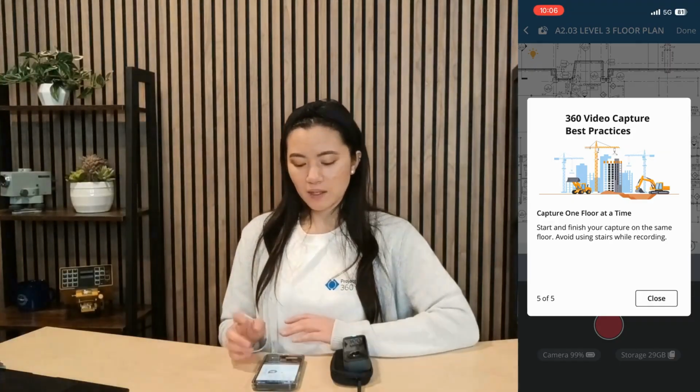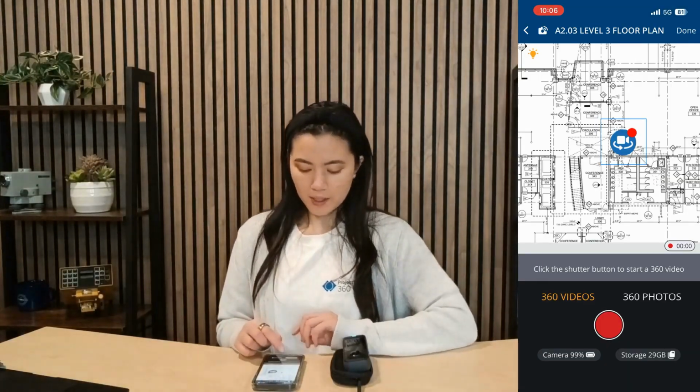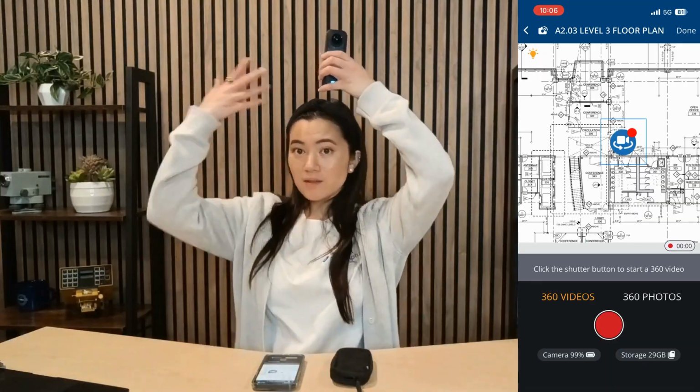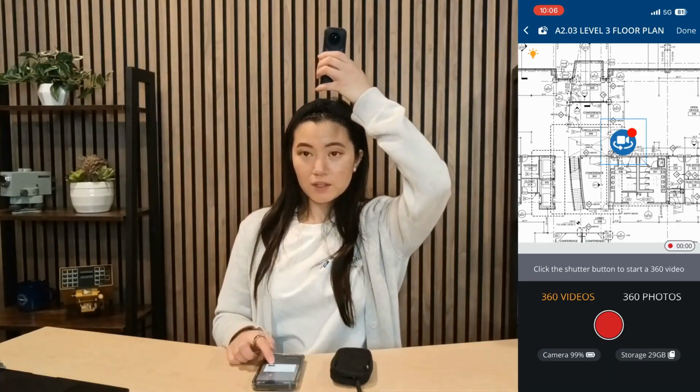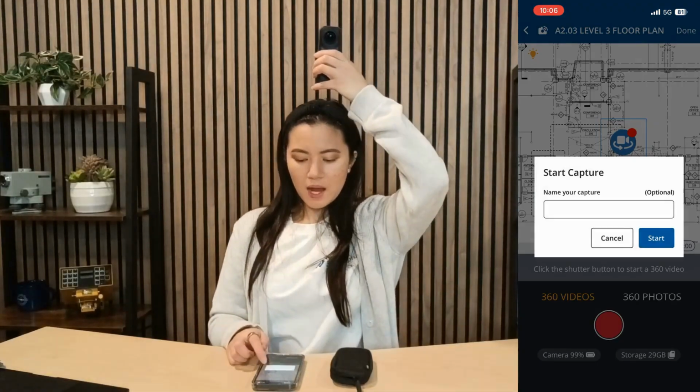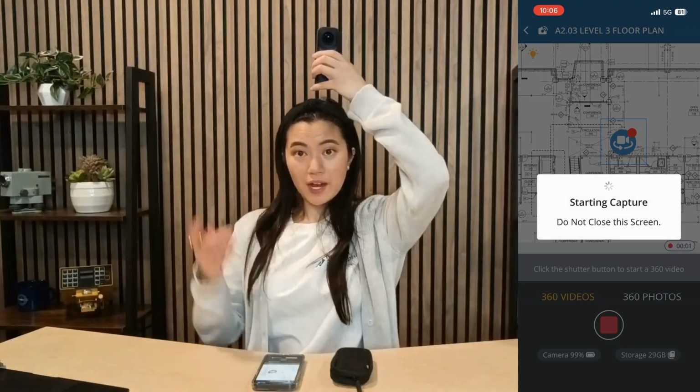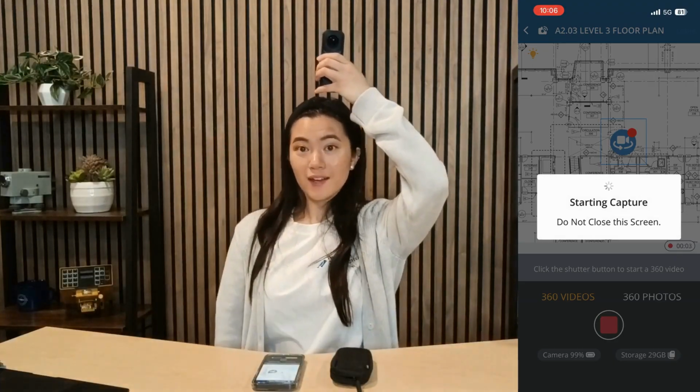Great, now I've dropped my pin. The red shutter button is ready. I'm gonna put my camera above my head on a hard hat mount or on a selfie stick. Press the shutter button, maybe I'll name my capture. And after a few seconds, you'll hear your camera ding, letting you know that it's recording, and I'll begin my